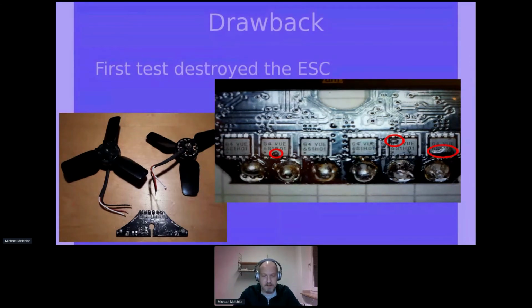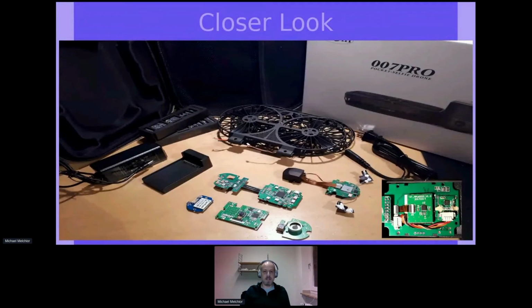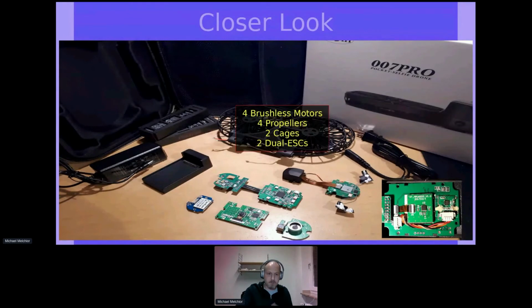And the easiest and cheapest way was to order a second drone. I mean, there's a lot of other parts that I could use, so why not order a second drone? And while that second drone was on its way, I had a closer look at what was lying on my table now. So besides the cage and the propellers with the ESCs, I had the 2 batteries, very compact,